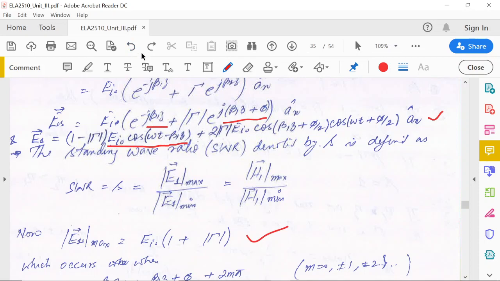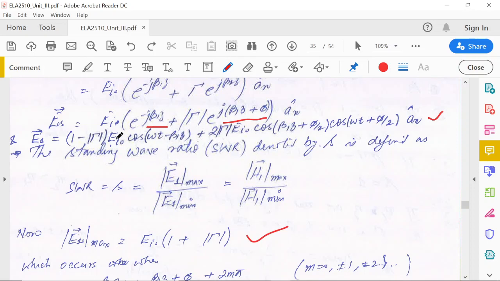So what we have is two parts. One is moving in a particular z direction, over which the standing wave is superimposed. So you have some moving wave in the z direction, and due to the reflection of the electric field, some portion will be standing wave. If they exactly cancel out, for example if gamma equals 1 or minus 1, then this portion will be 0 and there is no moving part; you have only the standing wave, which we considered in the previous lecture.